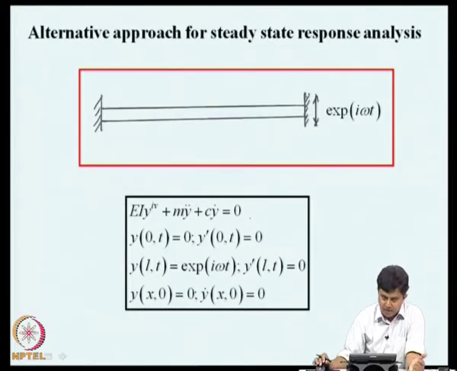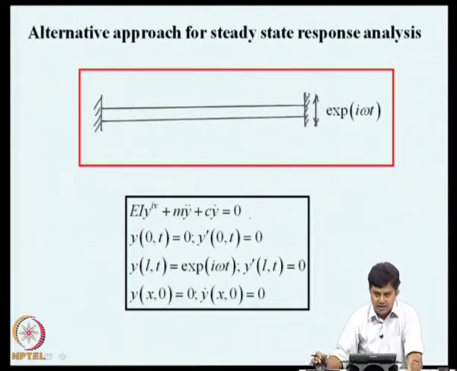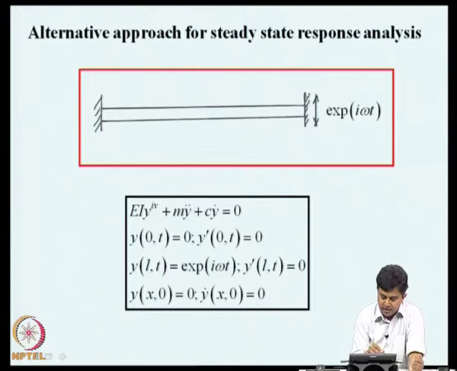Now, there is yet another approach which is valid when support motions are stationary random processes. Here we do not take the route of using Green's function in terms of system natural frequencies, normal modes and modal damping, but we directly solve the field equation. To illustrate that, we will consider this problem again.